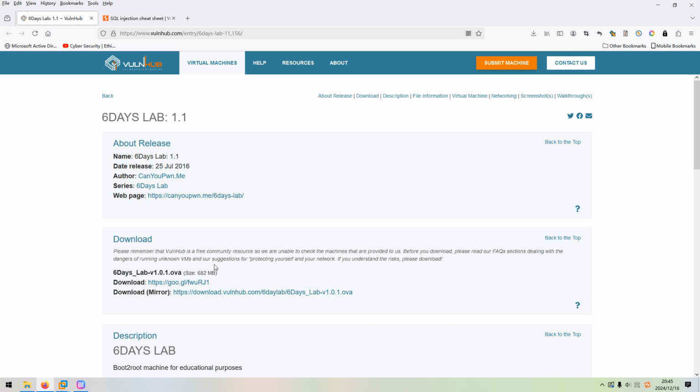From my view, this machine is very, very interesting, which involves major vulnerabilities of web applications, such as file inclusion vulnerability, SSRF or server-side request forgery, and also most important for all is SQL injection vulnerability.